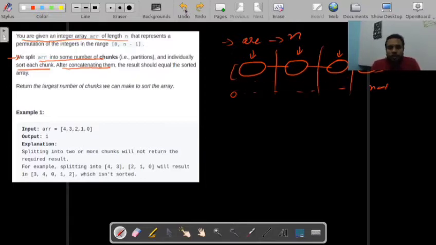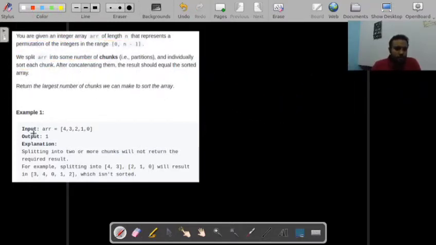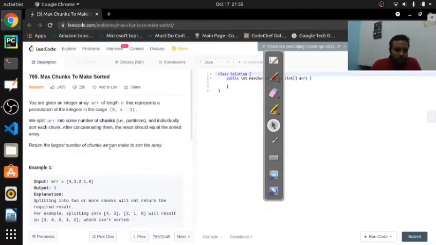Let's try to understand it with some example. So this is reverse sorted. This example is actually not good to understand initially.